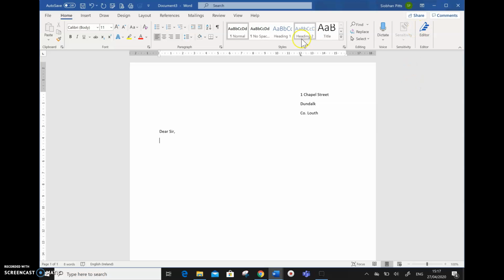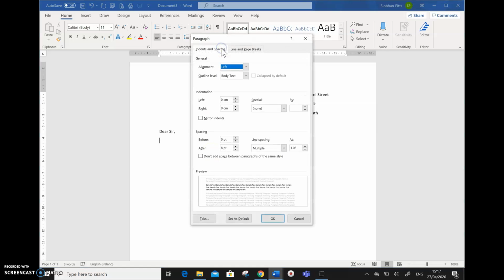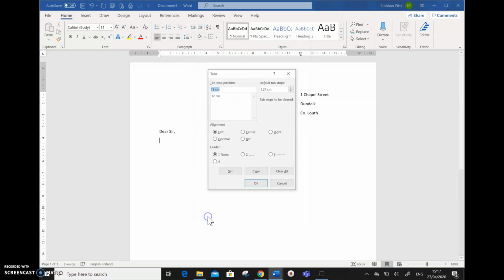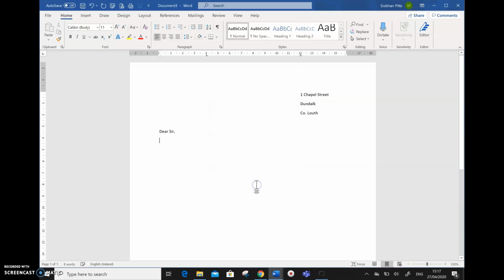So now I want to set a tab at 4 because I want to start the text for the letter there. So I'll click again, I'll come to tabs, and this time I'm going to say I want a tab set at 4 centimeters on the ruler. I click set, click OK, use my tab key, and I'm here ready to start my letter. So I am writing to you to, so you're going to type the rest of the text for the letter